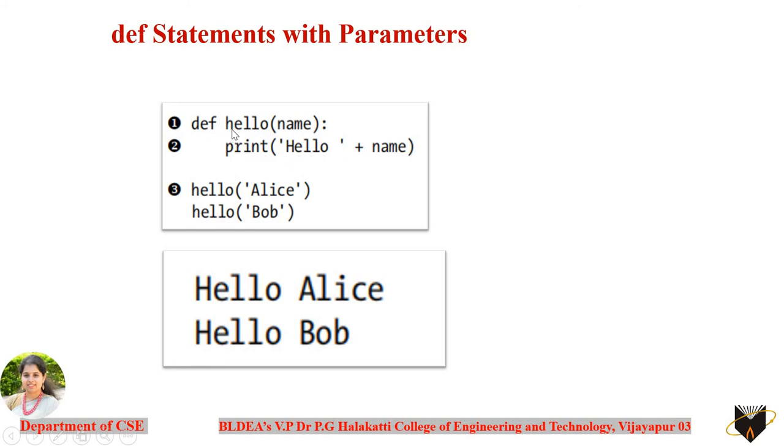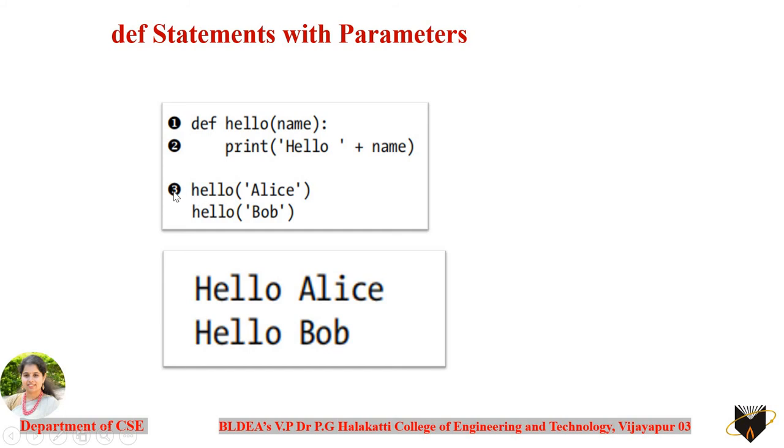You can see def followed by the name of the function, hello, and within the parentheses you have the parameter to be passed, followed by the colon. As a body here, you can see print hello within the string plus, this is a concatenation operator, and the name. This name is nothing but the parameter that you have passed in. Make sure that whenever you define any function that is expecting a parameter, while calling that function, you pass the parameters or the arguments here.